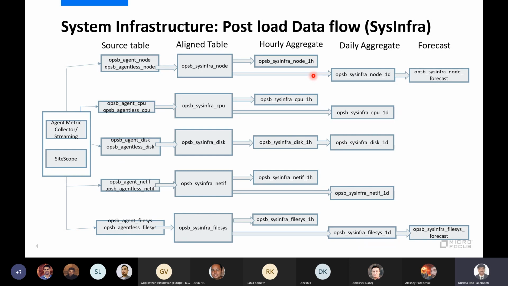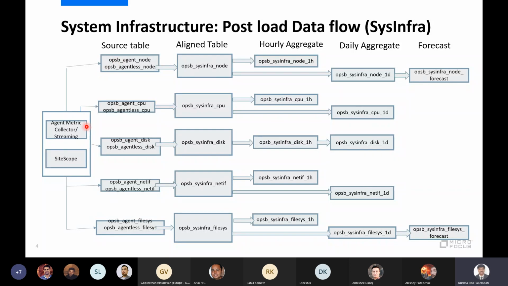So once we install it, all these components will be bundled and then installed. And the moment you configure your OBM and your data sources, the data flows into Vertica. How it flows and how it goes into tables: by default, the moment we install, we have these source tables, meaning the moment we have configured our sources, the data flows into these tables.